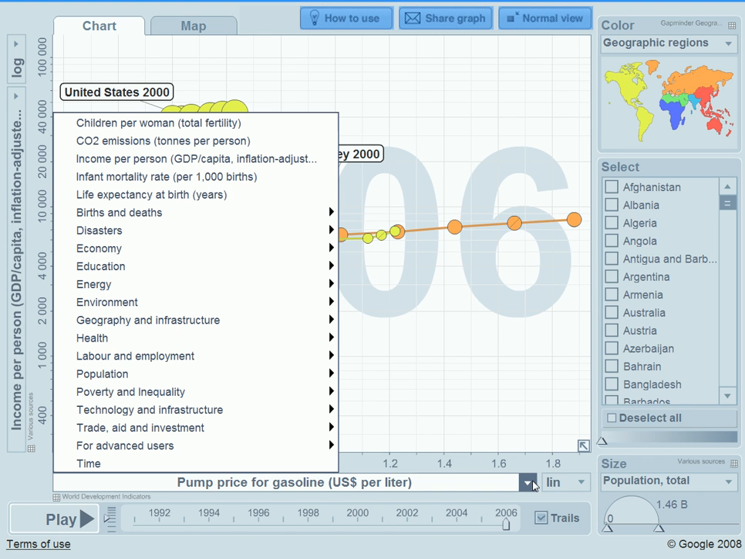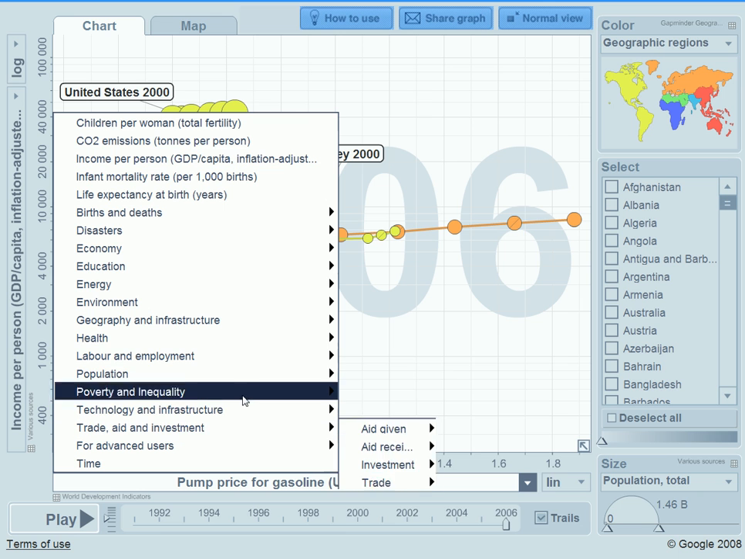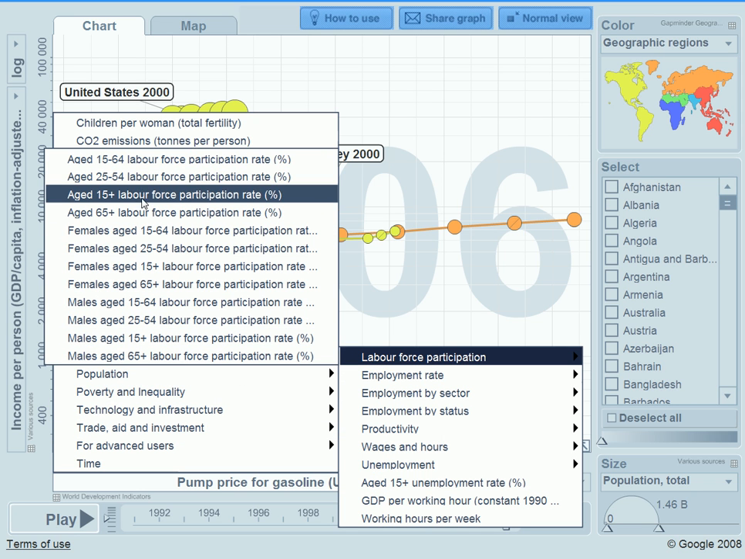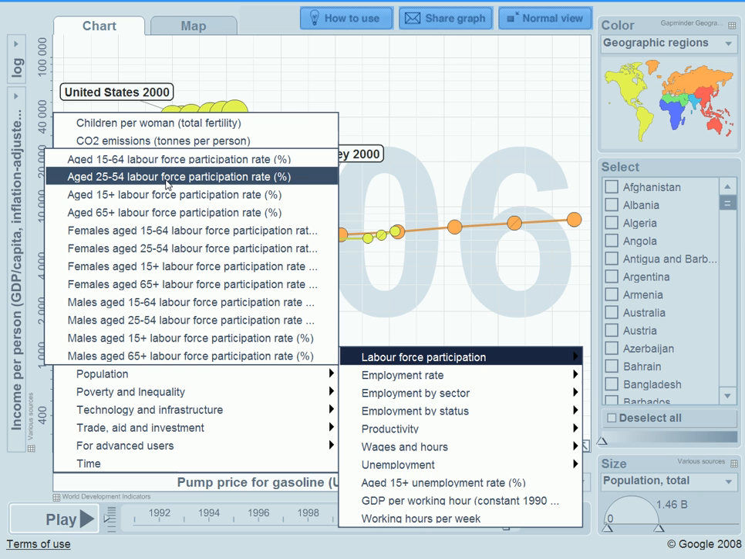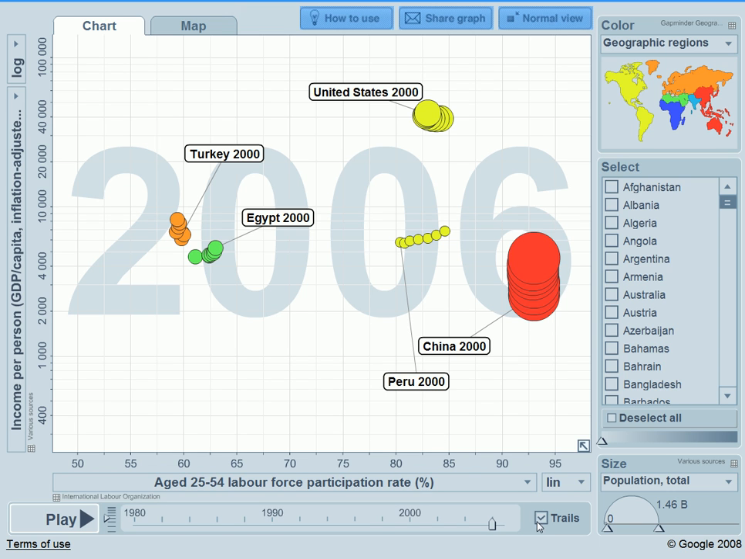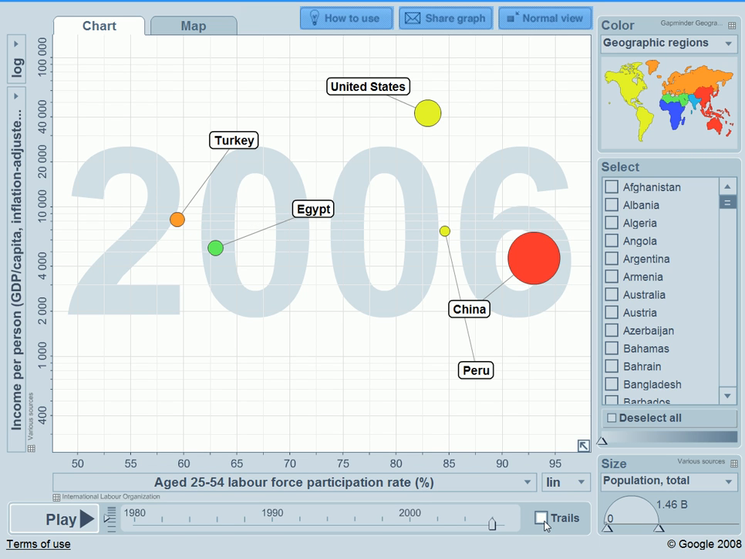Because we are trying to build a plant, we should think about the labor. Let me check the labor. Age 25 to 54 labor force participation rate. Let me remove the trail. Okay. For this one, it's clear. China has the highest labor force participation because the cost of labor is so cheap. They have a big population to work, and Peru is not bad. Egypt is not bad. Turkey has the lowest participation rate of labor,